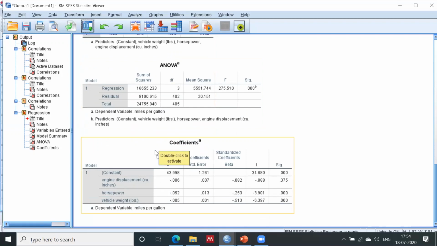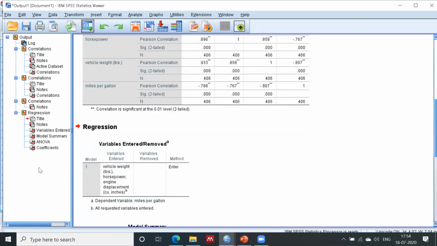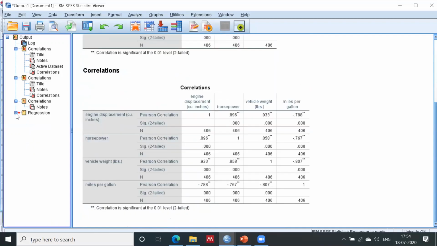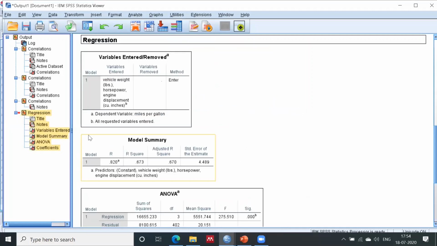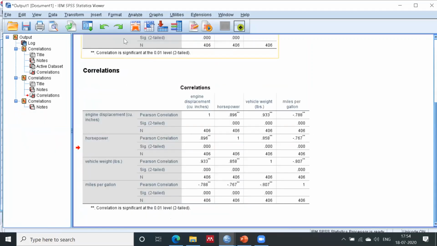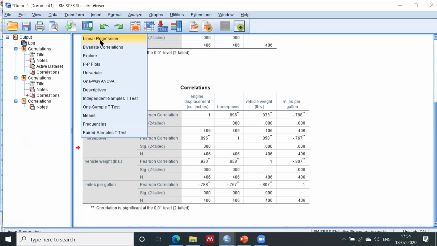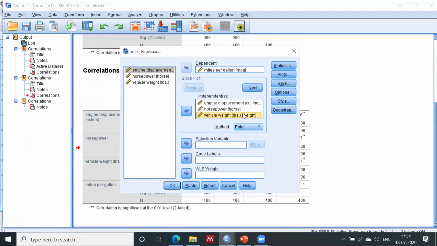Before explaining the multiple regression, I will run only the bivariate regression first of all. So I will remove this and this. I will take only MPG as dependent and engine displacement as independent, right?